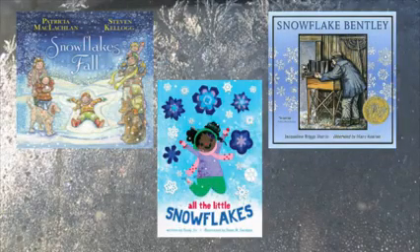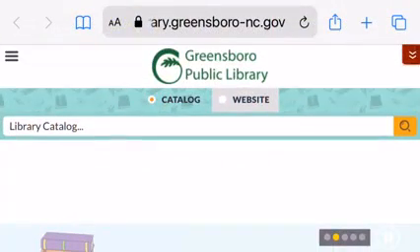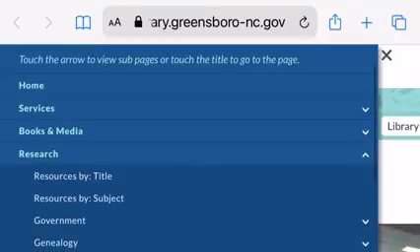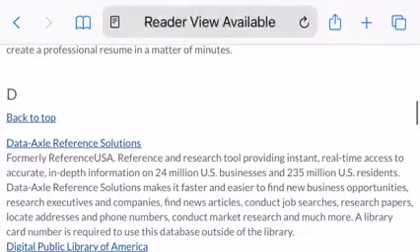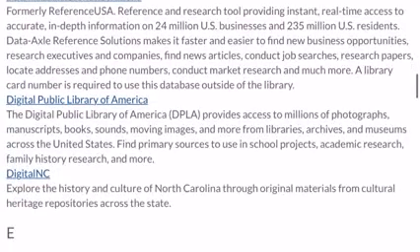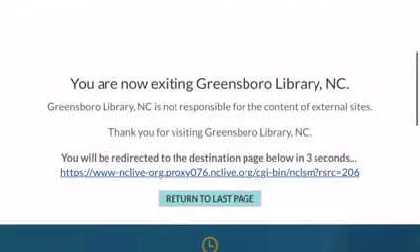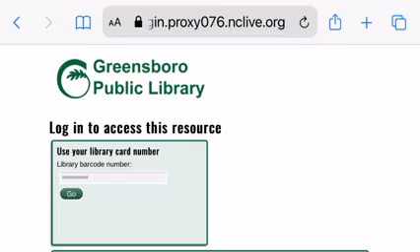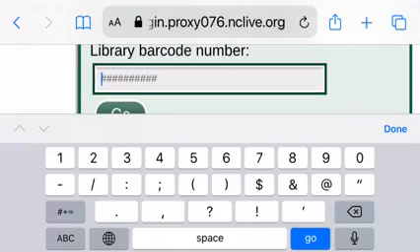We'd also like to encourage you to check out one of our free resources available to library card holders from the Research tab of our website, the Digital Public Library of America. This resource provides access to primary source material in the form of millions of photographs, books, sounds, and more from libraries, archives, and museums across the U.S. After clicking on it from the research page, you'll need to enter your library card number, and